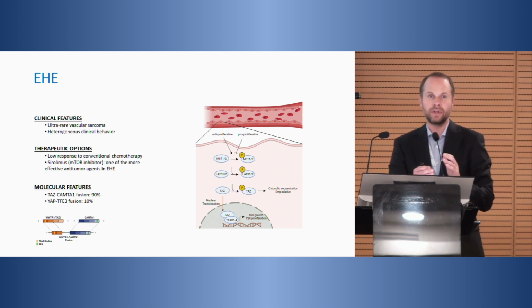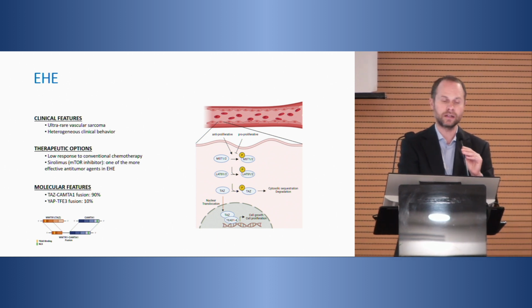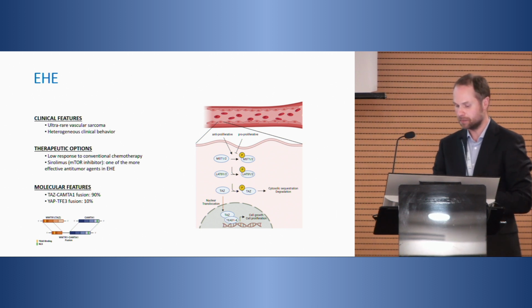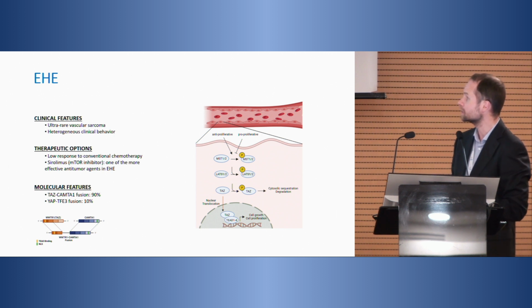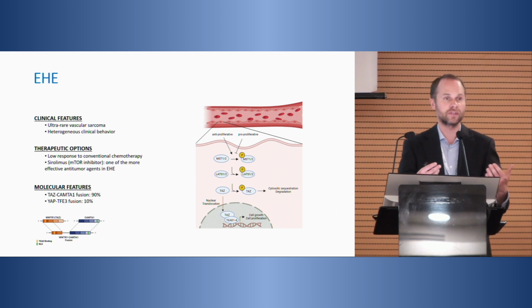So I picked a very rare, an ultra-rare sarcoma, which is epithelioid hemangioendothelioma, EHE. And this is one of the malignant vascular tumors, together with angiosarcoma. The main characteristic of this tumor is that it has two different types of translocation that involve a very common mechanism in cancer, which is YAP/TAZ, which is well studied and probably definitely more popular for the work in other diseases such as breast cancer